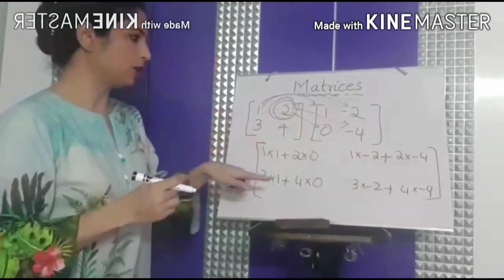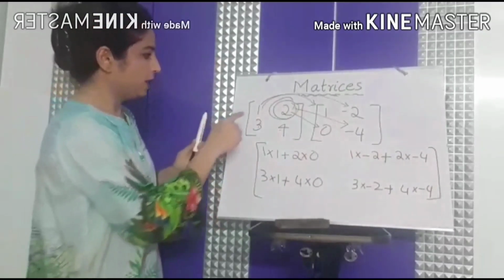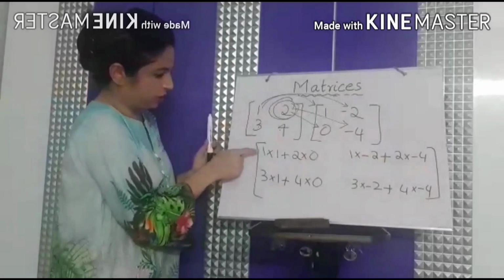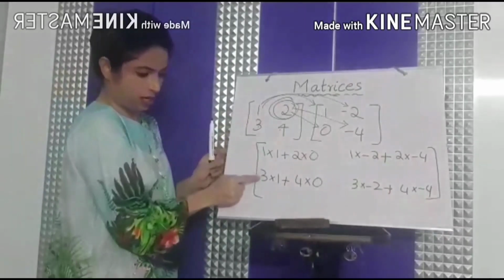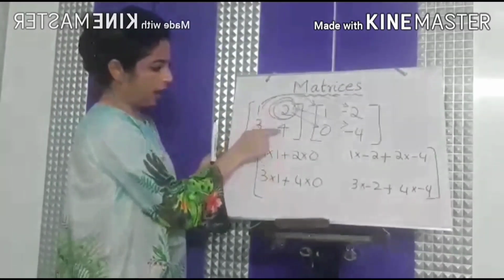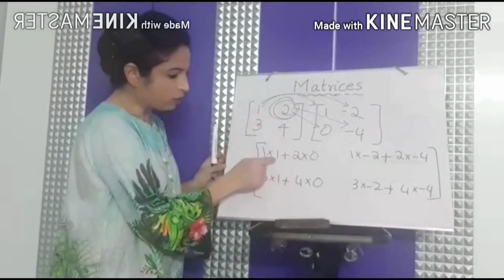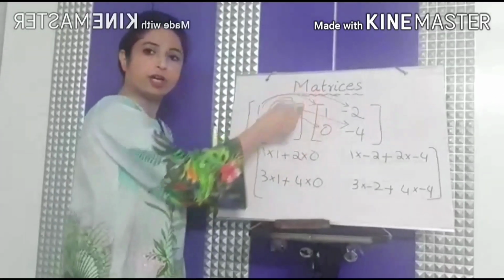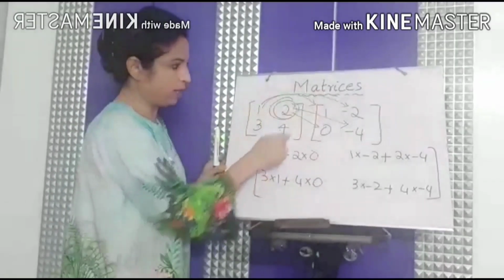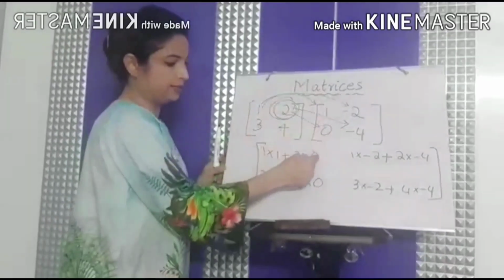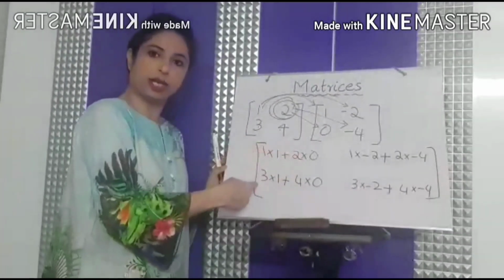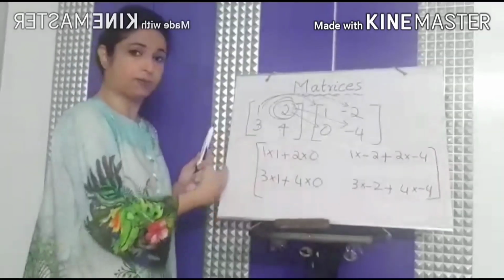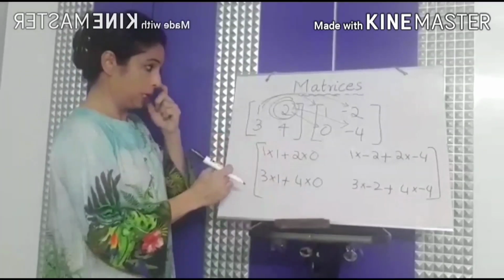Now see, if you just look at the pattern here, these are the numbers which are written here: 1, 3, 2 and 4. And then whatever is here is actually the first column of the next matrix. So 1, 1 and 0, 0. So you can easily check your steps, whether you're doing it correctly or not.